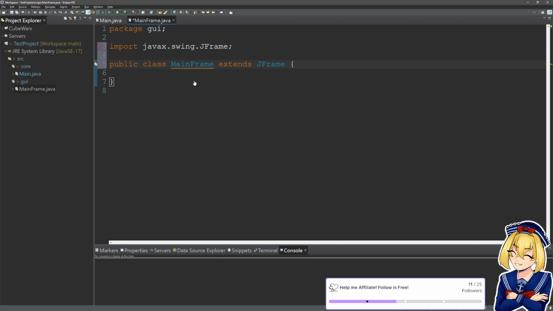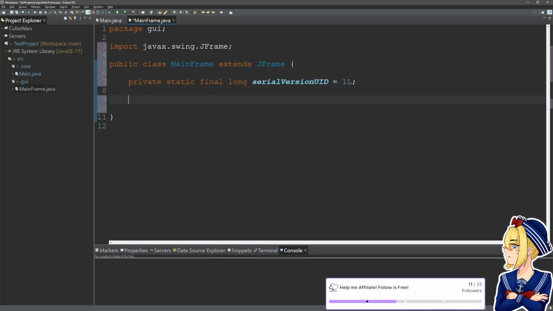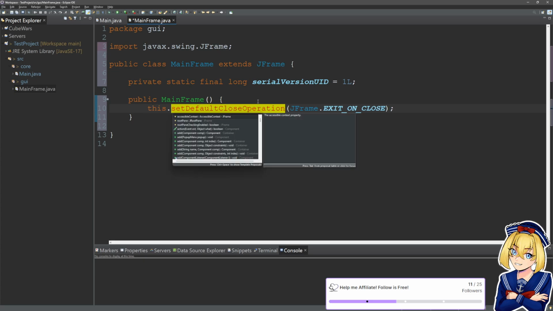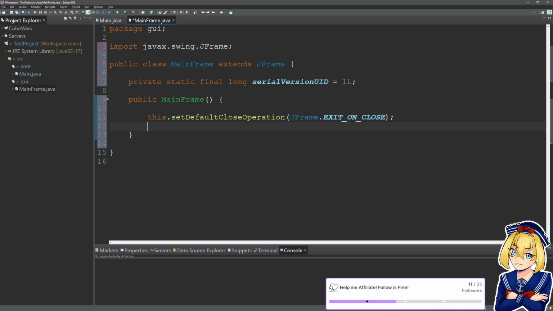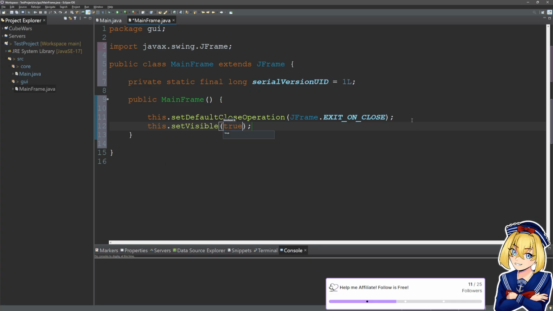Import, we're gonna add the default serial number, public MainFrame, and set default close operation, JFrame.EXIT_ON_CLOSE, and we're gonna say this.setVisible(true).